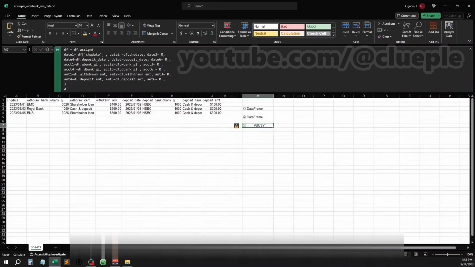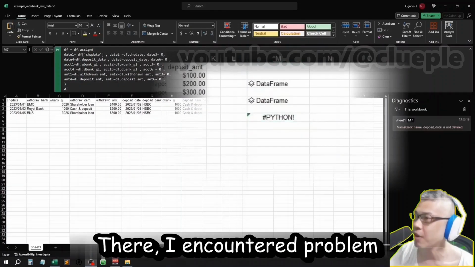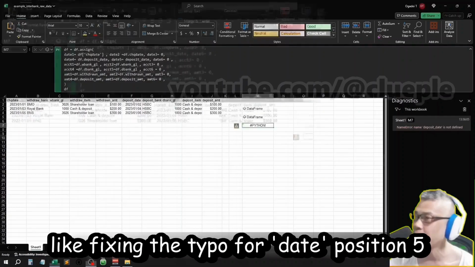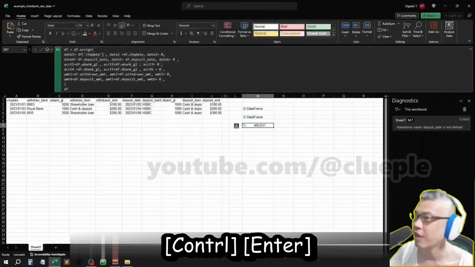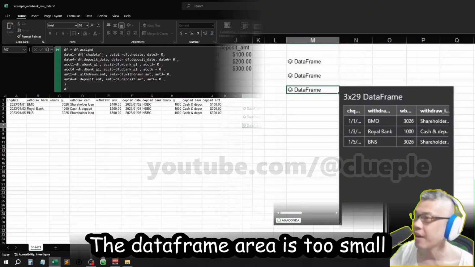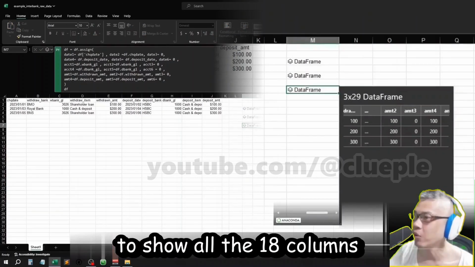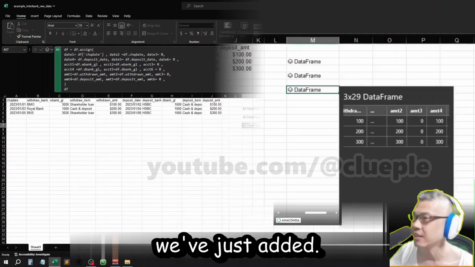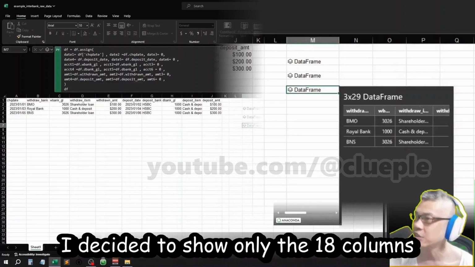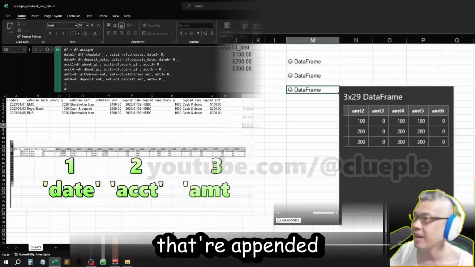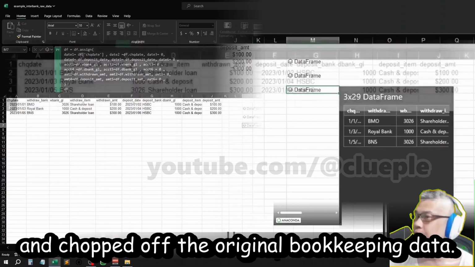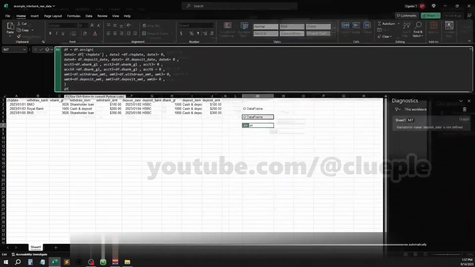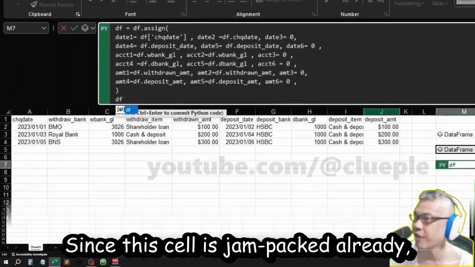Control Enter. There, I encountered a problem, like fixing the typo for date position 5. Control Enter. The data frame area is too small to show all the 18 columns we've just added. So I decided to show only the 18 columns that are appended to the right of the DF data frame and chop off the original bookkeeping data. Since this cell is jam-packed already,